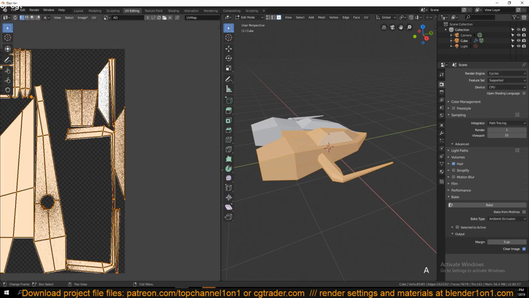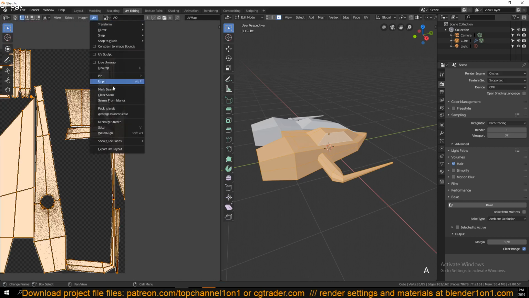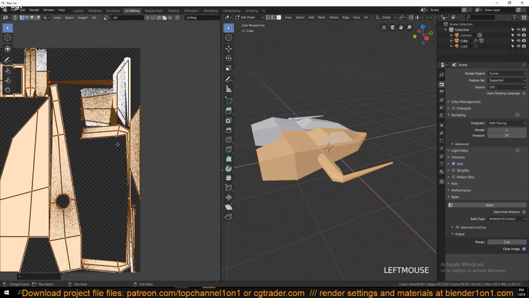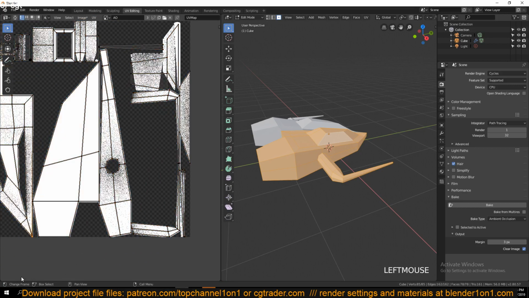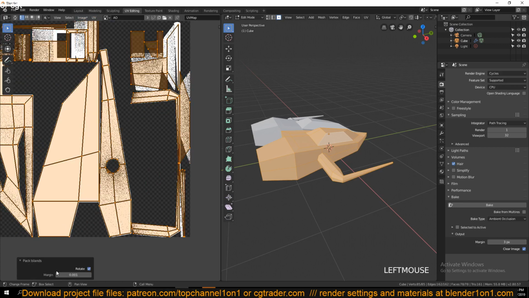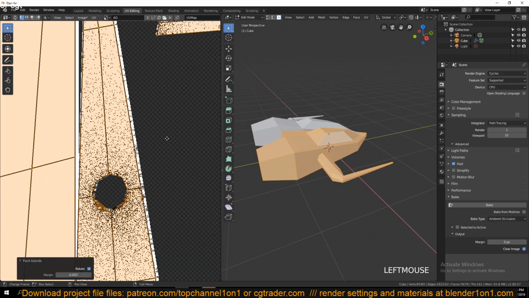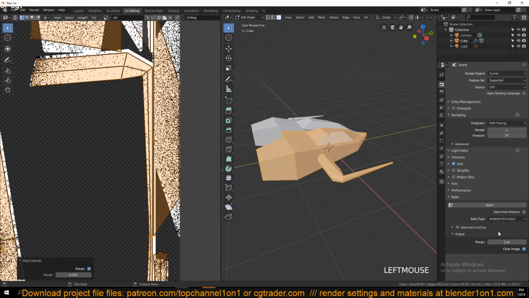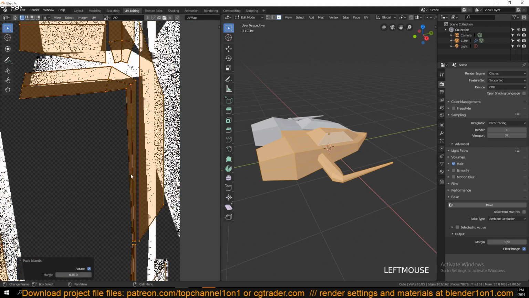Also, we can select everything and then pack islands, and under these settings here, let's do this again. UV pack islands. Under the pack island settings, increase the margin so that you give some space between these textures, so that if there is any bleeding, it doesn't go over the islands. So let's put this at maybe 1 like this, and